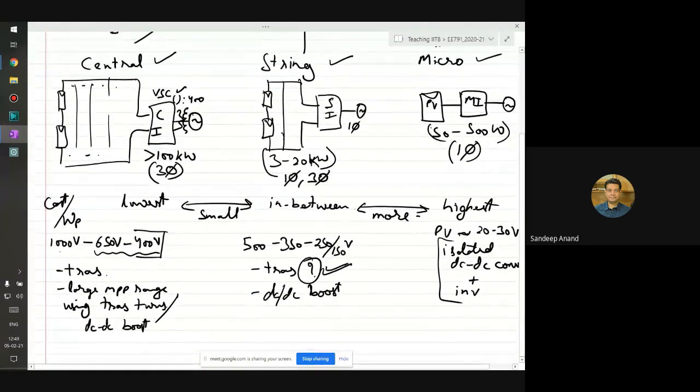Roughly, that's what there is about these inverters. If you have any doubt, we will go through them in subsequent videos. We will go in depth into each of them, and we will see their circuit topologies, their control, other challenges, and so on. We'll discuss each of them in much more detail. This was just to introduce you to the basic concept.